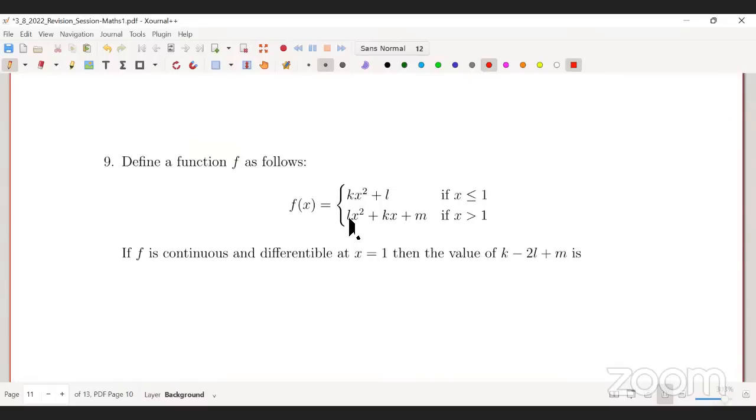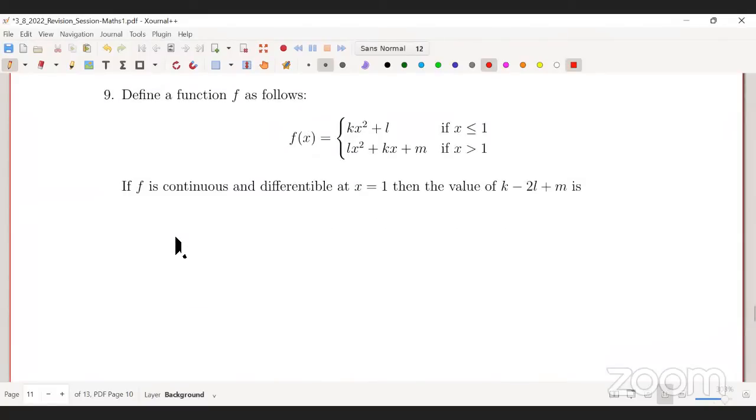Okay, let me tell you just one more thing. I'm here to revise the concept. I'm not here to discuss the question of quiz or maybe end sem. Okay, this is a revision session. I'm trying to revise the concept of